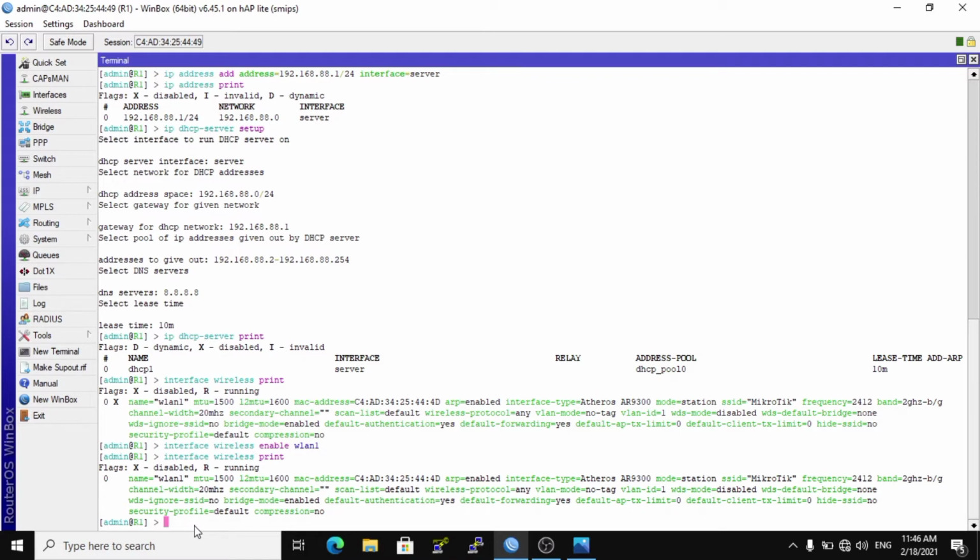And next, create a security profile for interface VLAN 1. Type interface wireless security-profile add name. I am naming it wireless bridge.